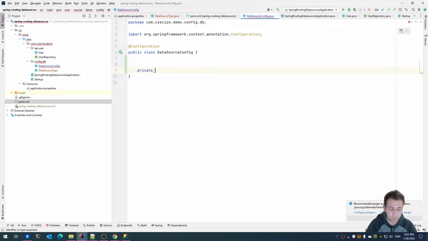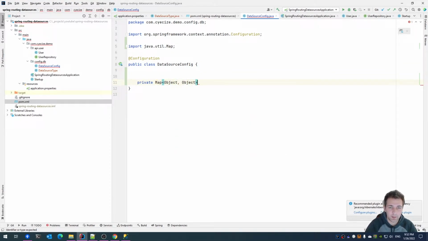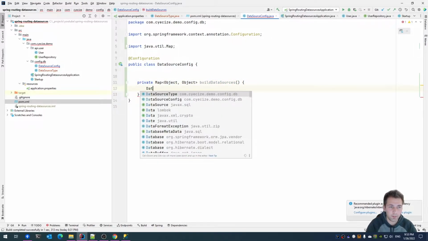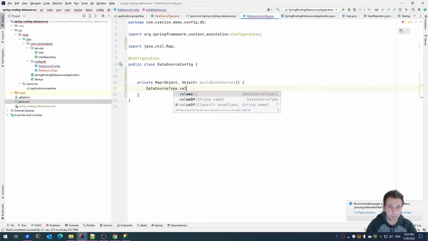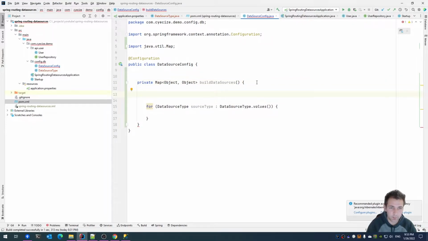So private map of object, and I'm doing that. I'm going to probably explain it later, but that's what's required by Spring. So build data sources, and here we're going to say now DataSourceType. So for each data source type, we'll have to build one, but before that,